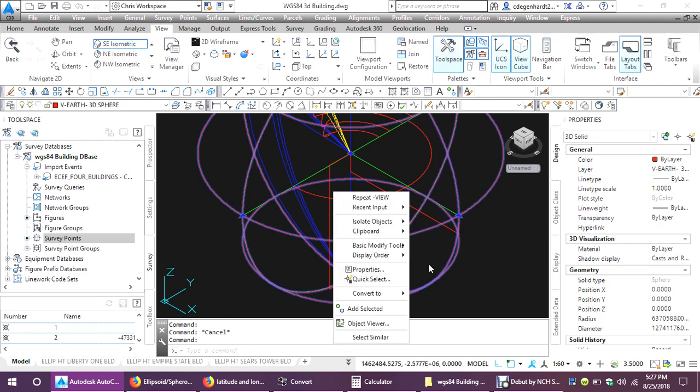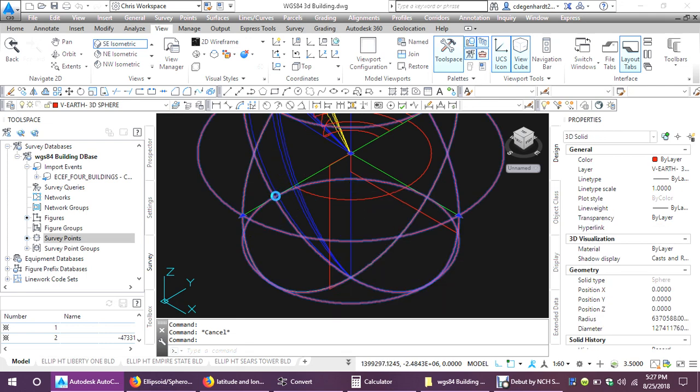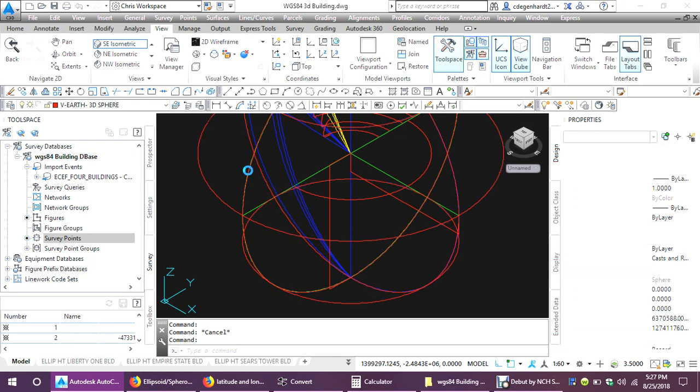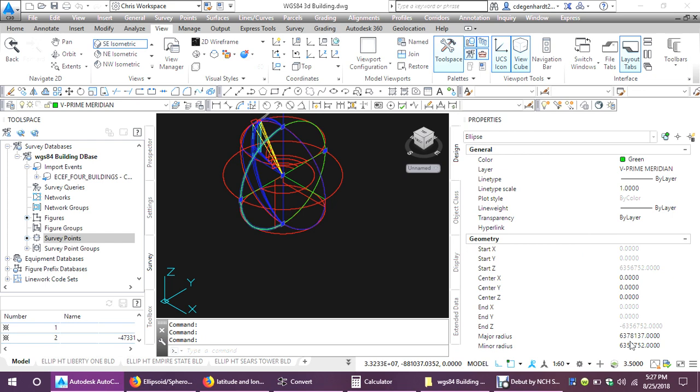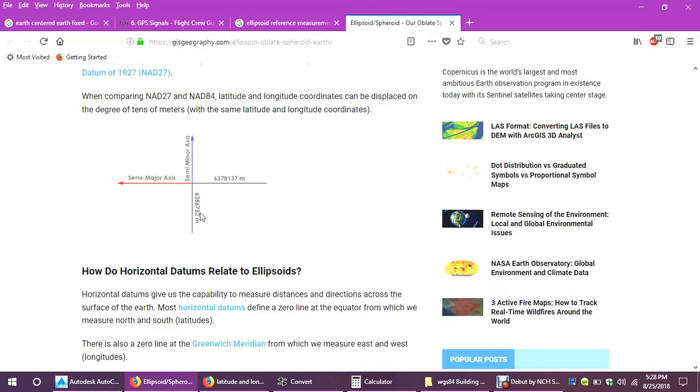Back to draw my ellipsoid. This guy right here. And so then it has those two numbers right here. So 6356752, and the minor here is 6356752. Okay,